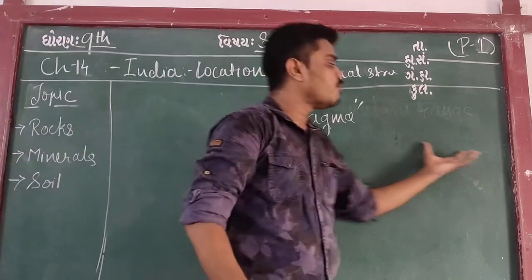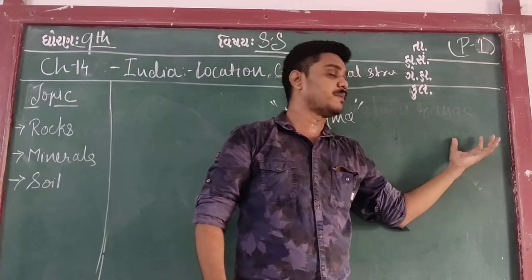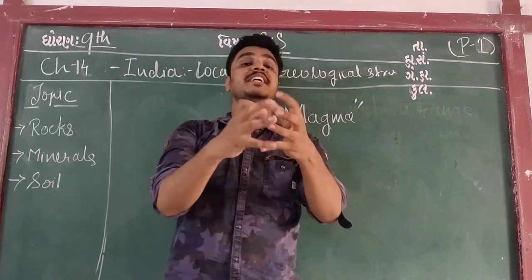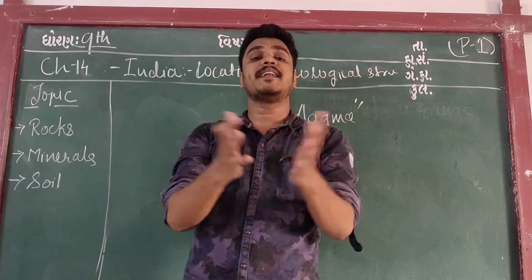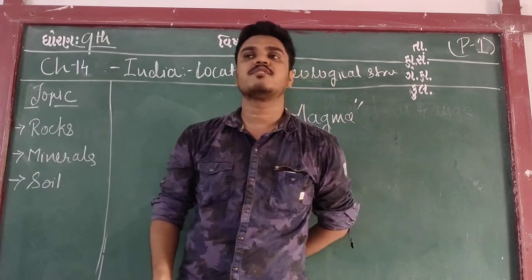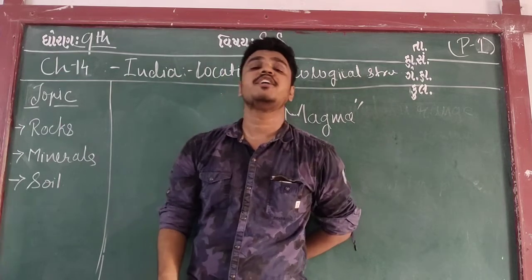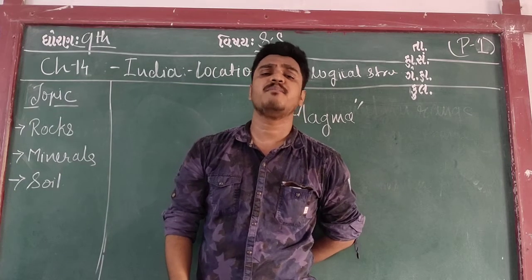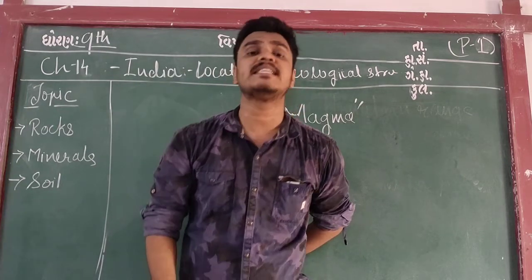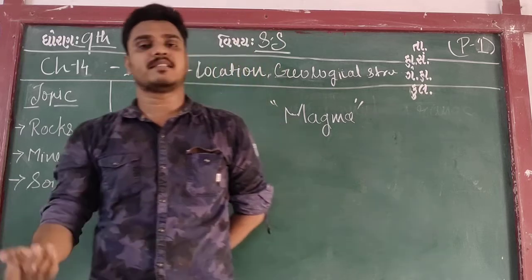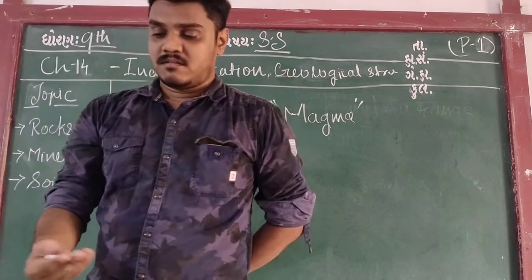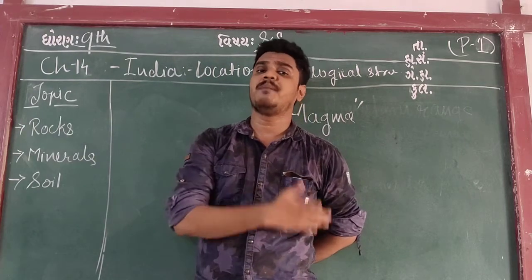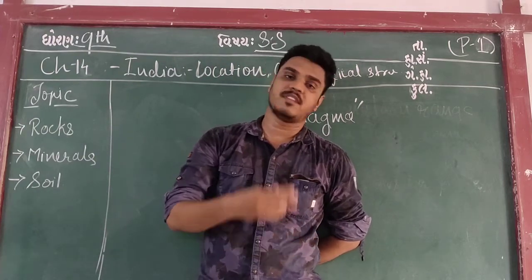Now, once an igneous rock is generated properly, after that when it is disintegrated, means it is divided into two or three parts, suppose because of wind erosion or many natural factors like rain, thunderstorm, hail, and many more reasons, when it disintegrates into many parts, that becomes stratified rock. So stratified rocks are prepared with the help of igneous rocks only, and igneous rocks are prepared with the magma.